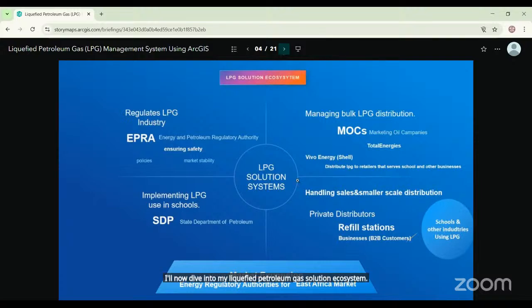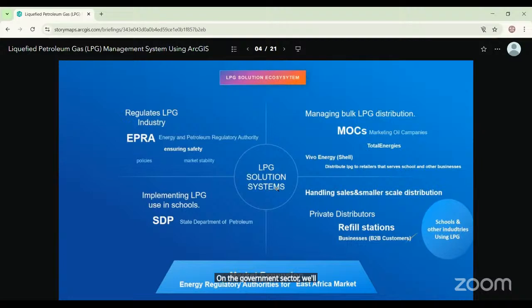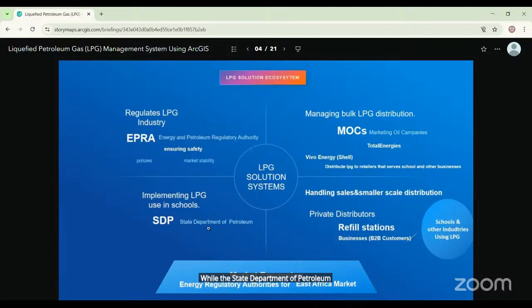At the center is my liquefied petroleum gas solution system, and on my left is the government sector, and on my right is the private sector. On the government sector, we'll start with the head, which is the Energy and Petroleum Regulatory Authority. It regulates the petroleum and gas industry, ensuring safety and efficiency across upstream, midstream, and downstream supply chain. While the State Department of Petroleum is implementing the gas use in schools,